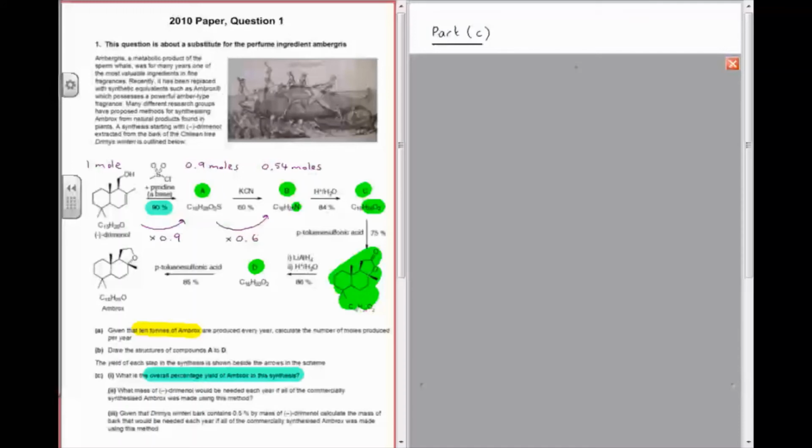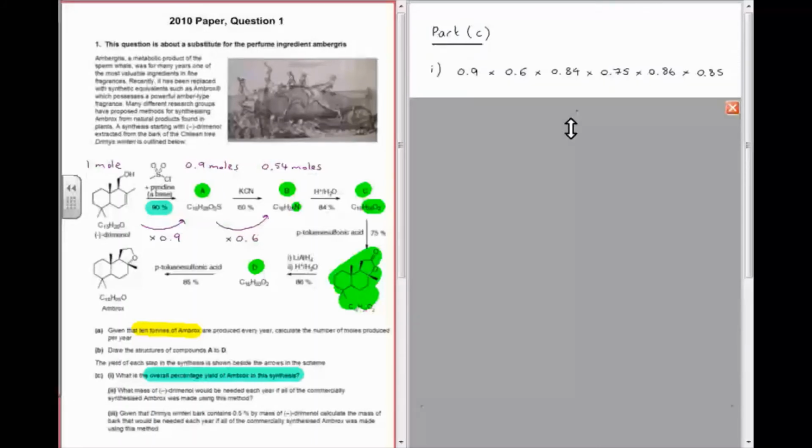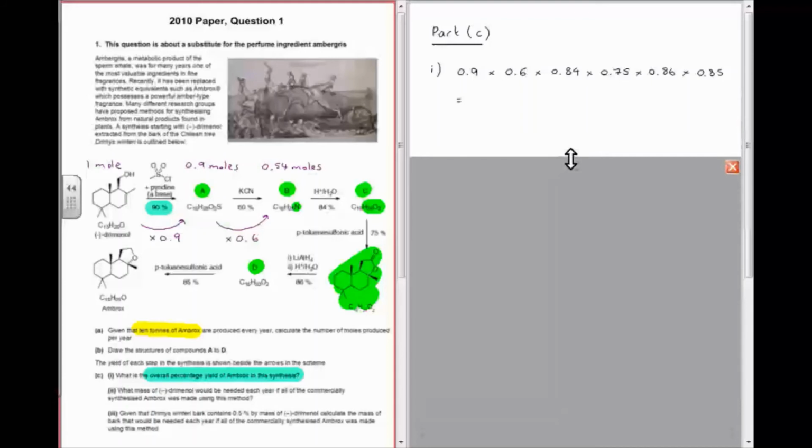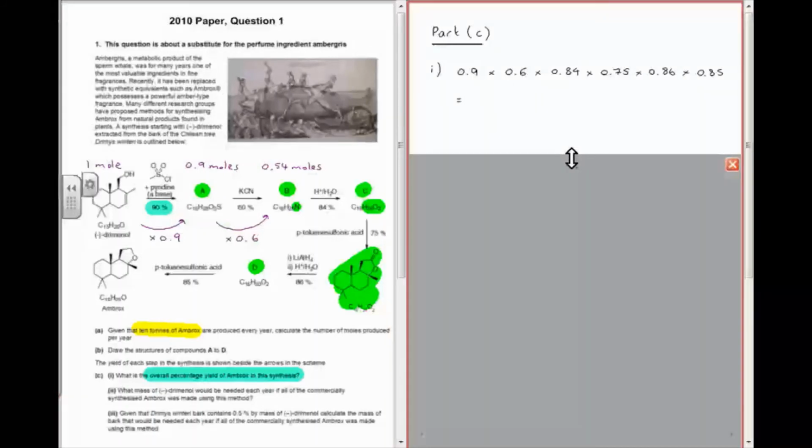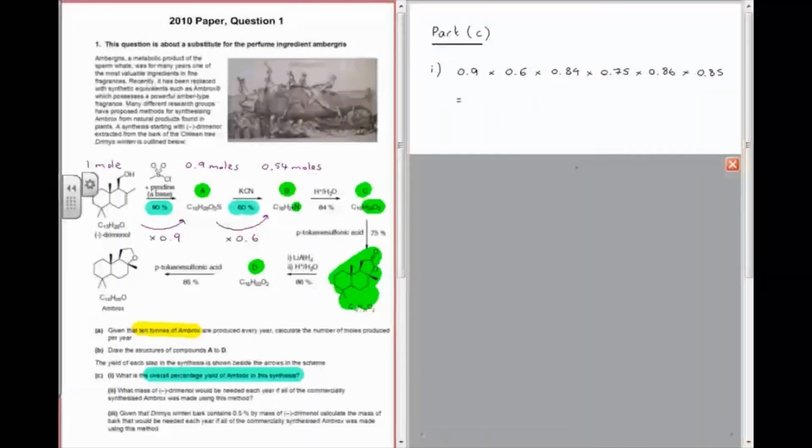We can work through each of the individual stages in the synthetic scheme to calculate an overall percentage yield for the reaction. So if we do that sum, we've got a 90% yield multiplied by a 60% yield times by an 84% yield, then a 75%, 86%,